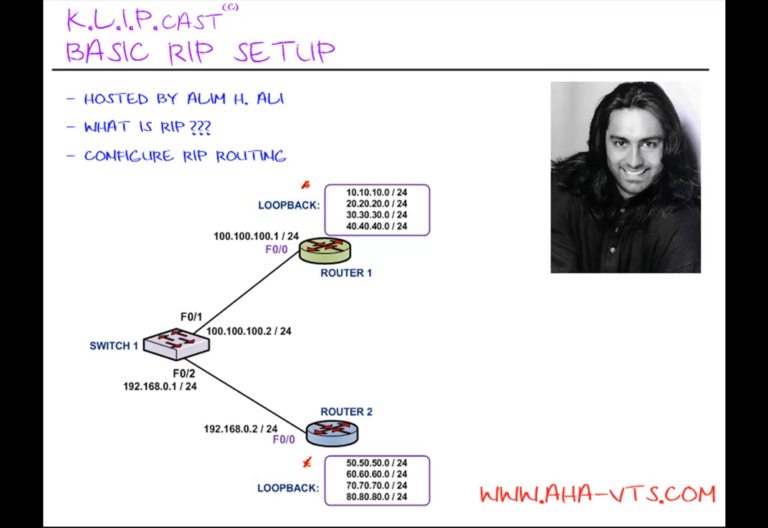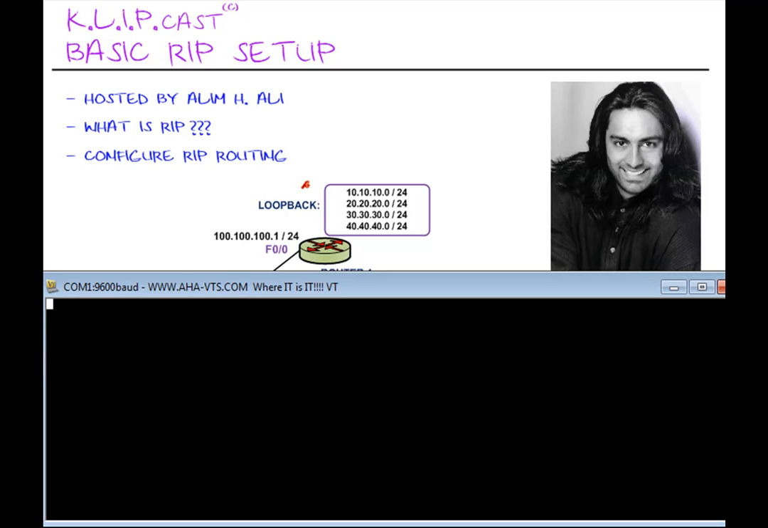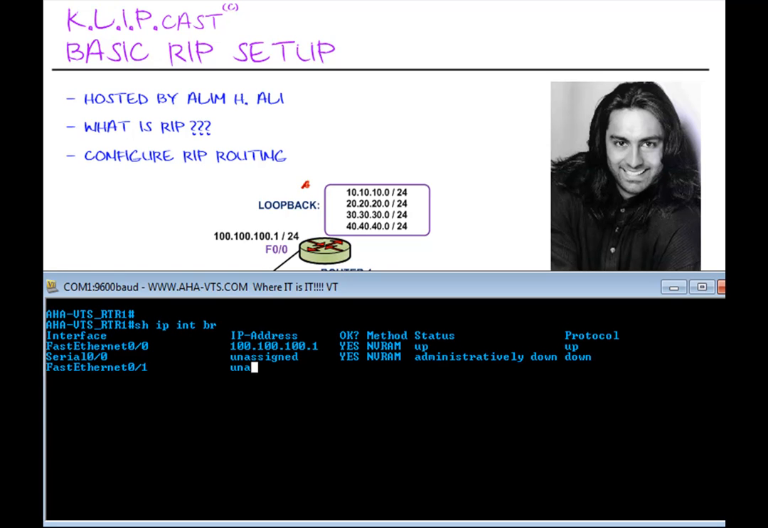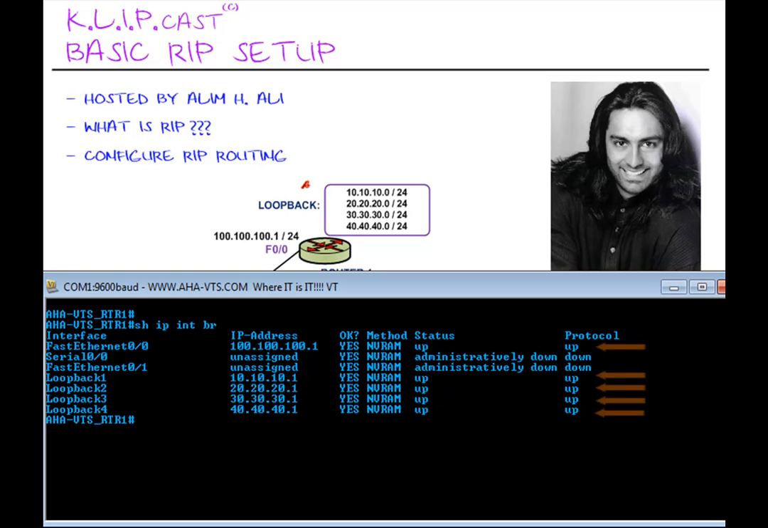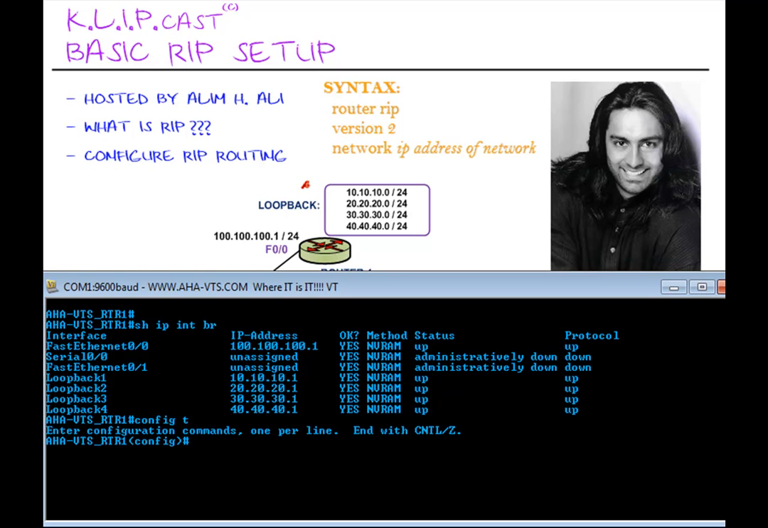So the first thing I'm going to do is call up my terminal prompt, and we are already on router 1. First thing I'm going to do is do a show ip interface brief to get myself oriented and to see the interfaces that I want to put into the RIP routing process. Now in order to configure RIP, we have to get into config t mode, or configuration terminal mode. Then type in router rip, followed by,